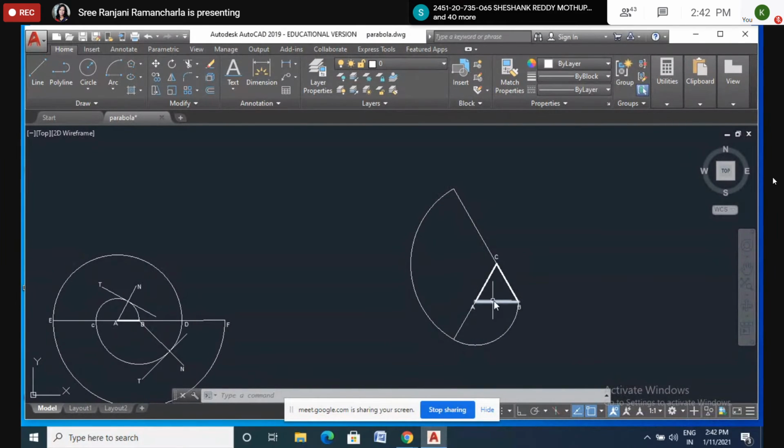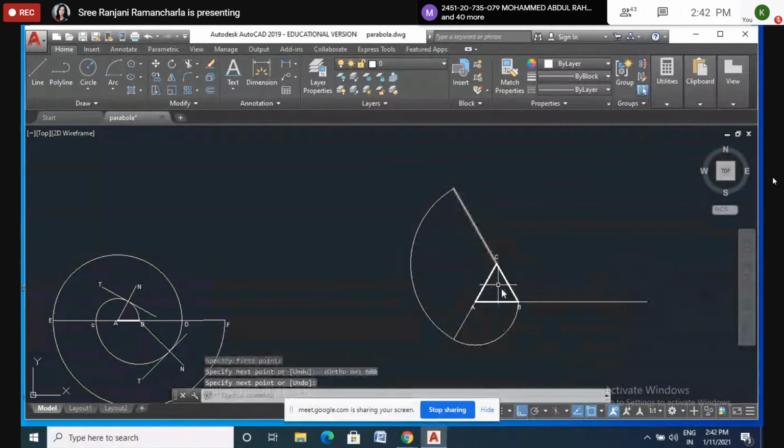Now again we have to extend this one. So how much do we have to extend now? 8. Any other option? 6. Yes, 6. This one has a center and this one has a radius. So how much does this length become? 6 centimeters. Yes. So this line we have to extend. Here I will draw it again, a 6 centimeters line.